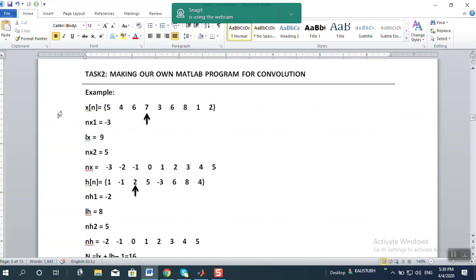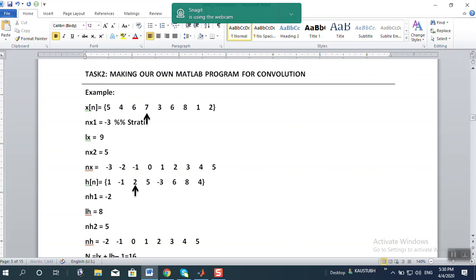Okay, suppose this is my x of n. In this x of n, how many samples are there? Total 9 samples. So what is the starting value? This is, suppose, at 0, so it is -1, -2, -3. So my nx1 is the starting time index of x of n,